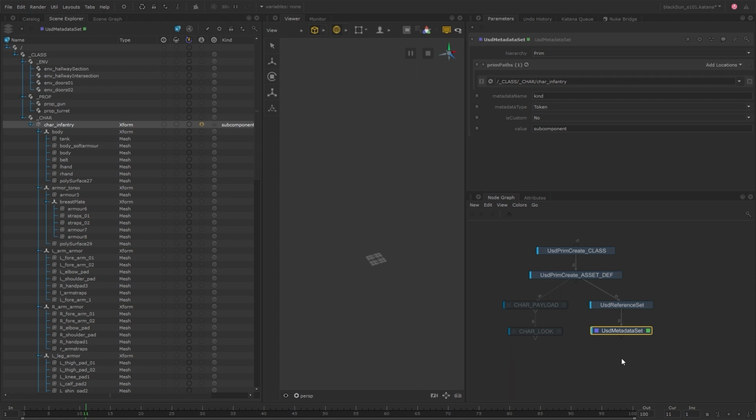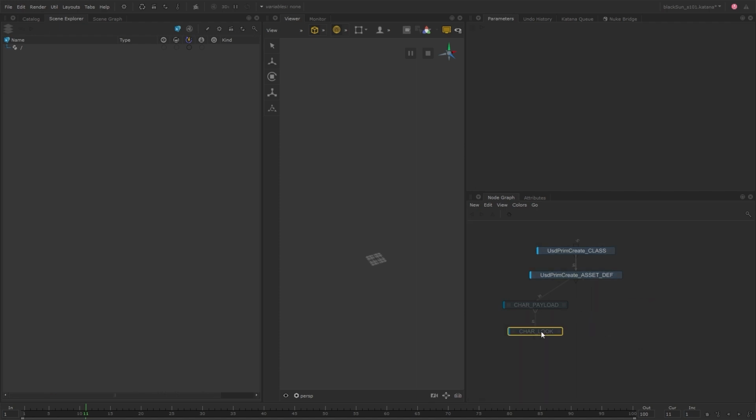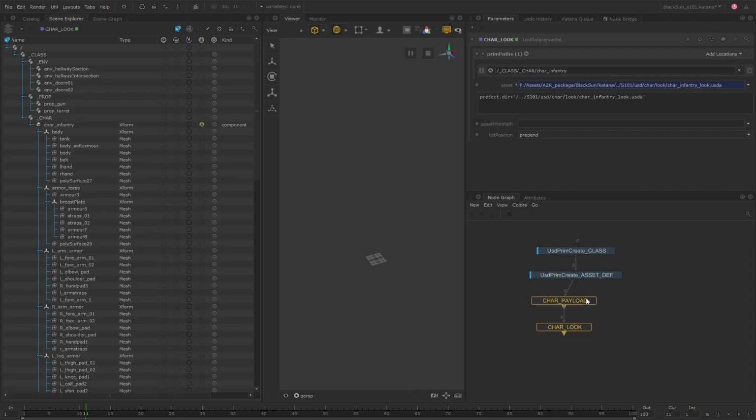Again, this is just one example of how the USD metadata set node can be used. You can really edit or add any metadata in the same way that you can edit the attributes and relationships. I'll just delete these for now because I was just adding them as a demonstration. Again, this may be a preferred workflow for you to use assembly files. Both of these are completely valid, but I'm going to be splitting it out and working with payload and reference